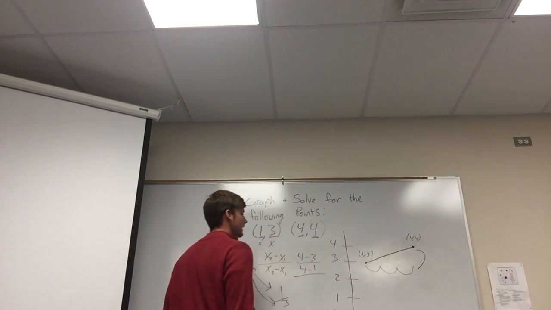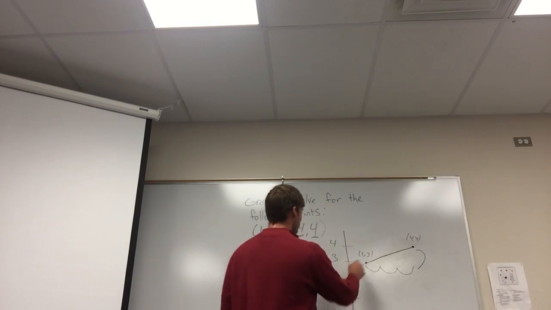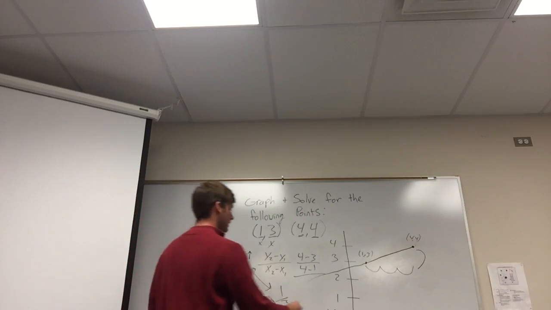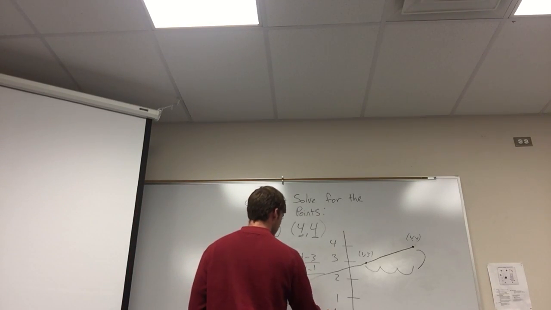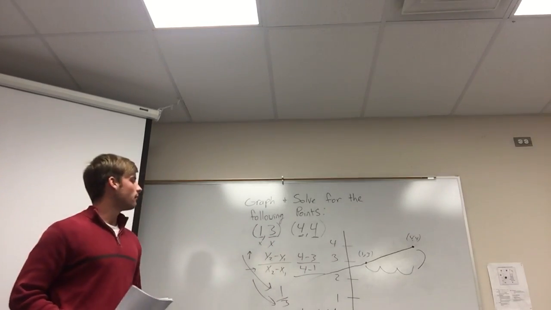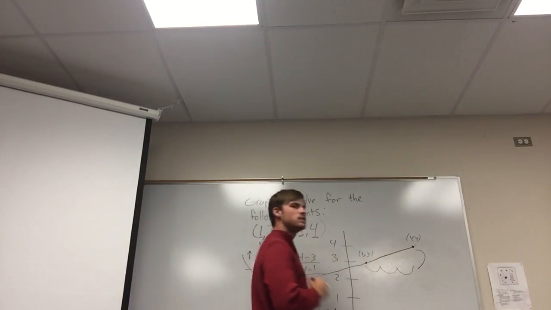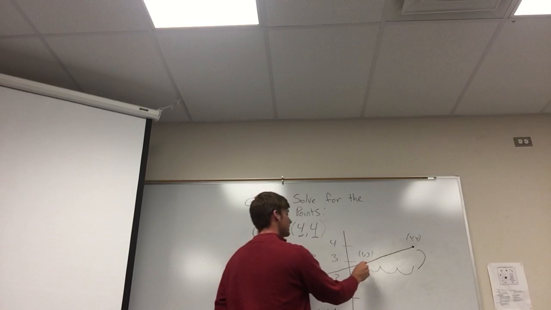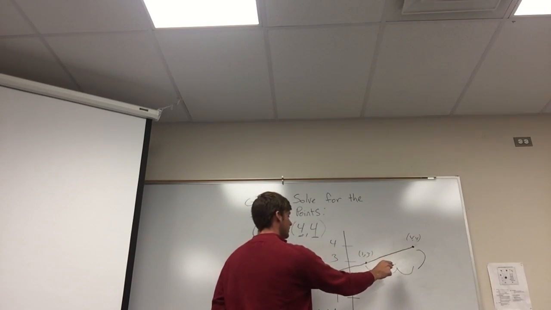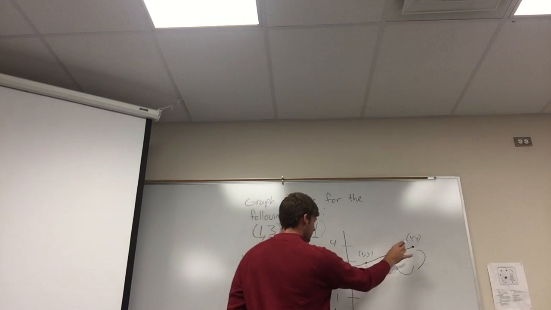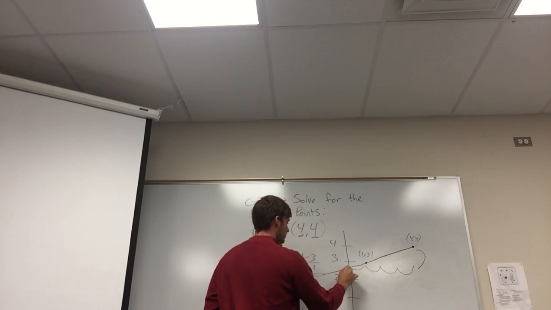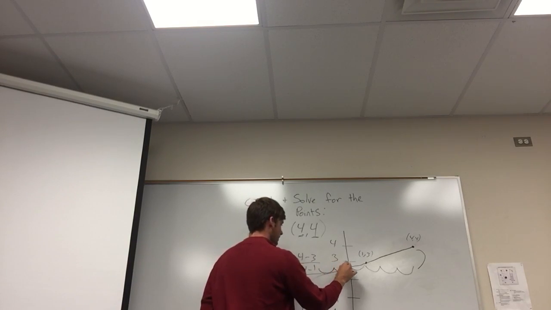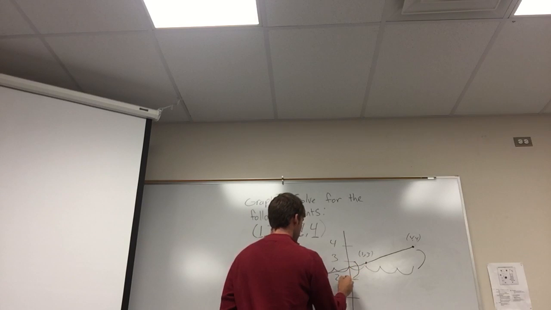Alright, so now, where is this line going across? It's going to go through about right there. You can keep this going backwards. Now, let's just use some logic on this one, alright? So, for every 3 movements to the left, the line goes down 1, right? So if we keep along the same pattern, we go 3 more, 1, 2, 3, then we're going to go down 1, right? So we're going to be at